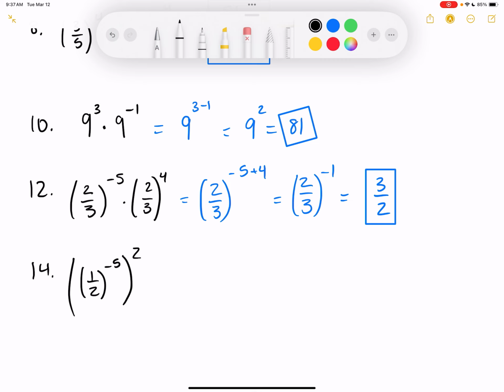And there's 2 different ways you could go about starting this one, so either one is fine. So it's negative, so what do I need to do? Switch it. So it's 1/2, okay, raised to the negative 5. So that negative tells me that I need to do what? Flip it, okay? So since it's a fraction, I'm going to flip it. So this is going to become 2 to the 5th